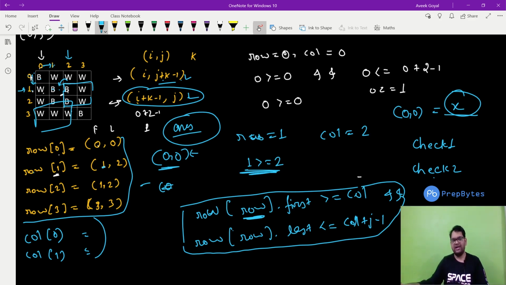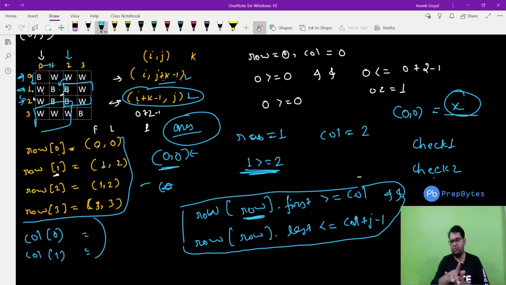Means for 0, 0 we have checked for this column and this row and this row. Then for 1, 1 also we check for 1 row and 2 row. But for this 1, 1 we have already checked whether it can become white or not by the k matrix. By the k matrix, will this become white or not at 1, 0? We have checked this already because of this case. And for 1, 1 we will check for 2, 0 also. But that is the second row and column 0; will it become a white line or not by using the 2 by 2 matrix? We have checked it before only, but we are checking it again because of our logic right now. Okay, so can we optimize this part?